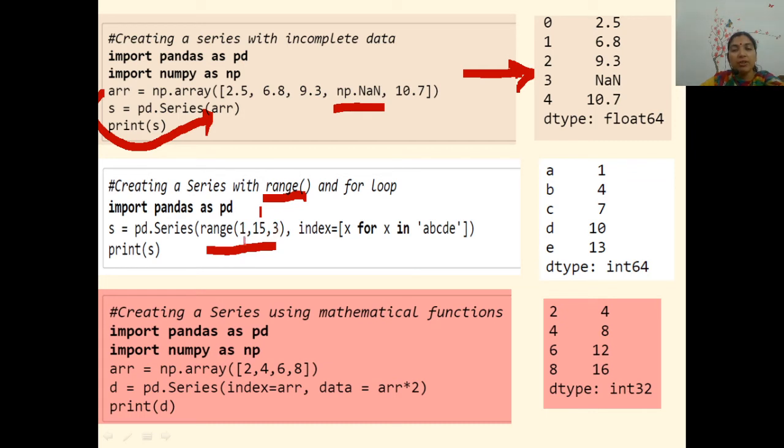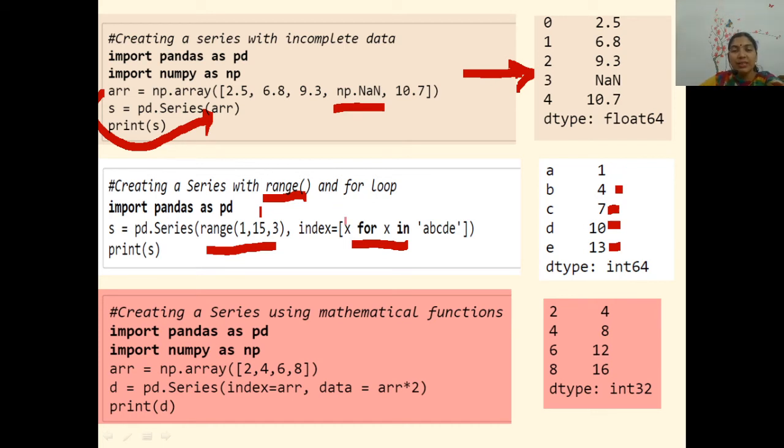That means the first number will be 1. A step of 3, that means the next number is 4. The next number is 7, then 10, and then 13. And here in index also I have used a for loop, range and for loop. How flexible, how beautiful.